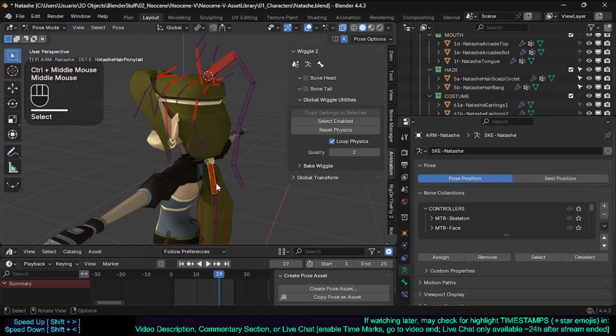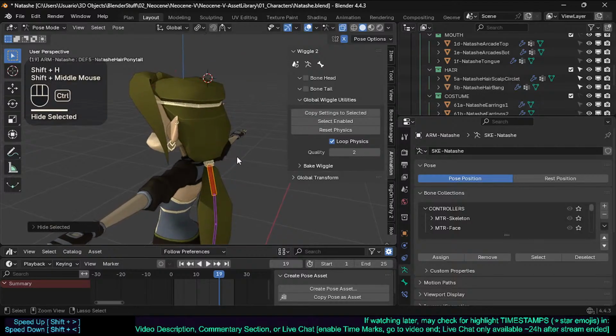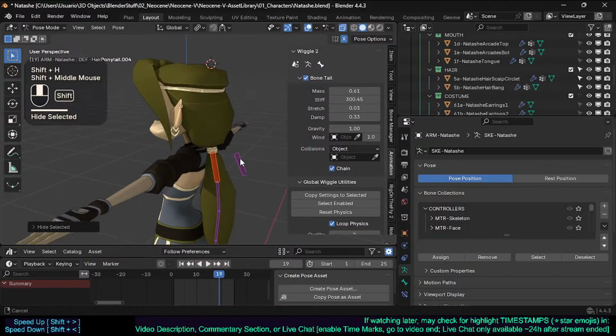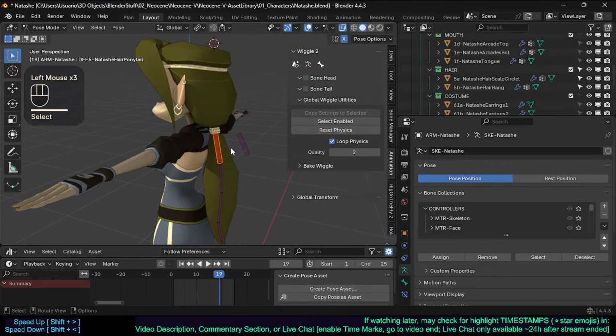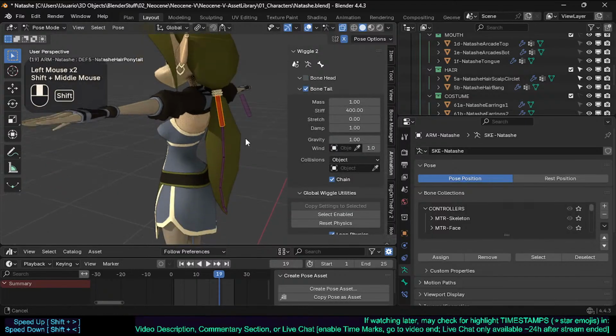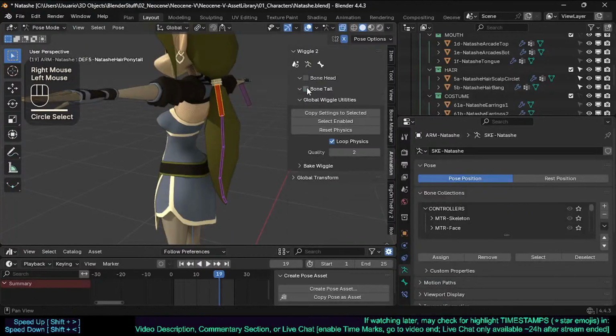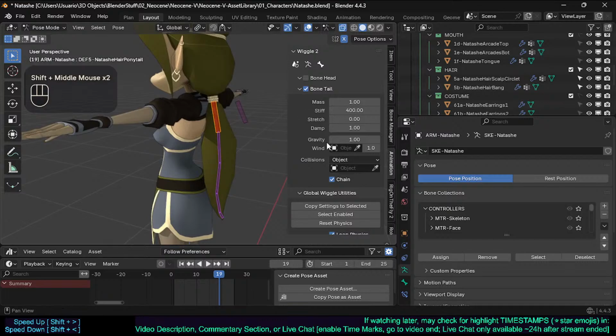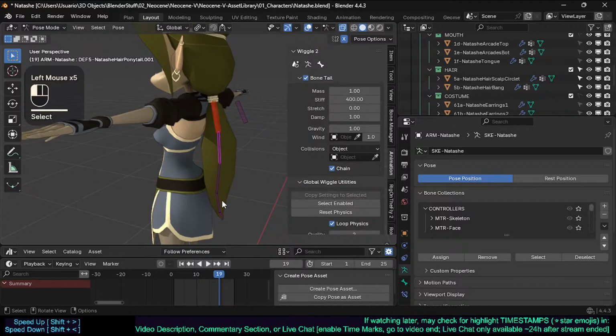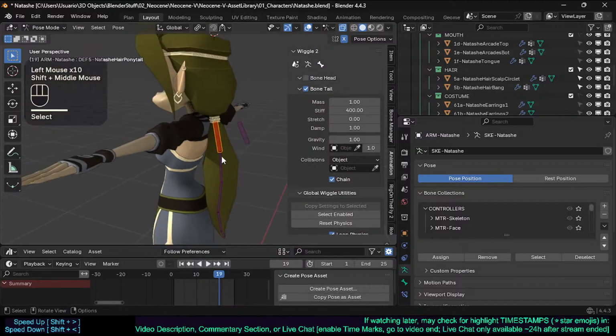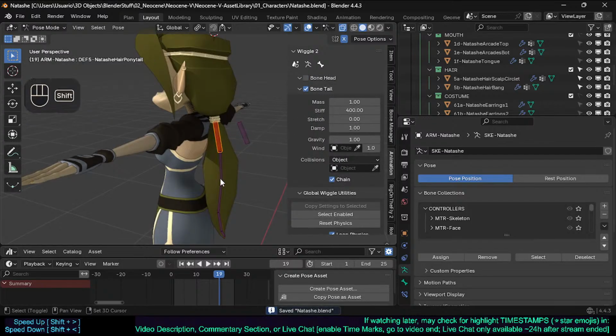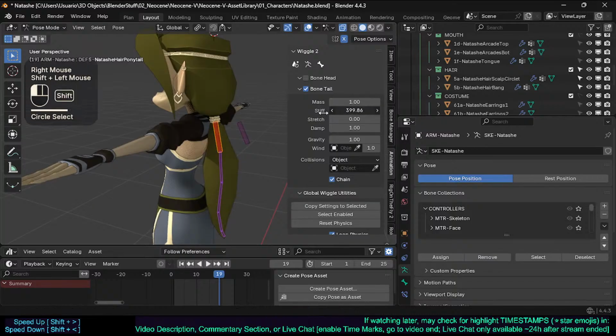So for this, L, Shift H, now we're going to pick, so probably I'll use the same pattern. I'm just going to do something like, you see, mass. Okay, let's get this to have, so bone tail first, actually let's do this. This doesn't need Alt batch, this is something about this add-on, and also you have copy settings to select it anyways, in case you're not sure. So we can use Alt, but it won't do anything, it will update for all. So you can bring this, maybe here we want some stiffness of,